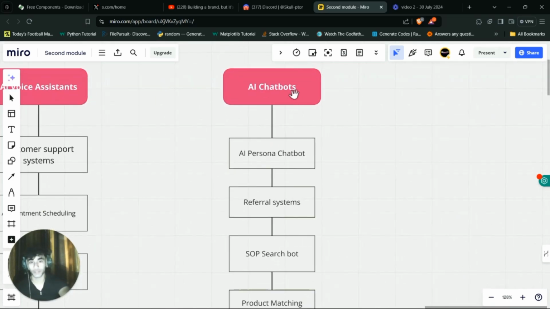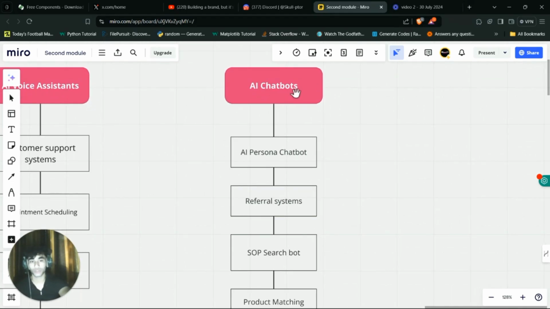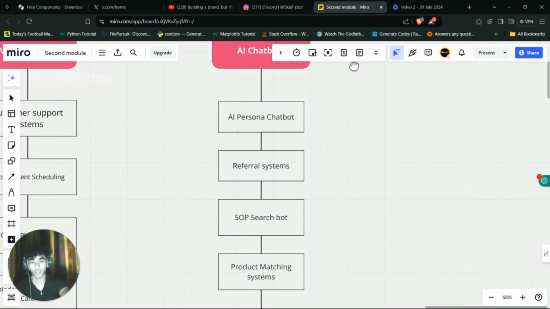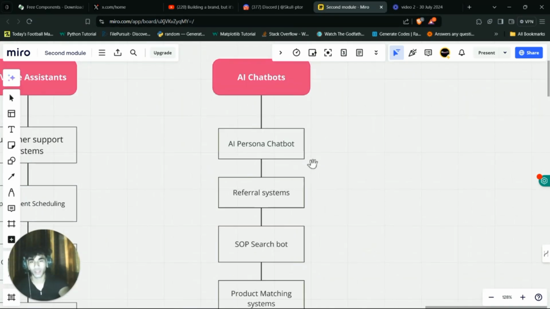Next, we go ahead on AI Chatbot. Now this is one of the simplest solutions you'd be selling in the name of AI, and there are a few you can do. First comes in AI Persona Chatbot. Now, I've already made one AI Persona Chatbot on my channel for Andrew Tate. You can go ahead and check that video out. Andrew Tate turned AI. It's one of the examples of AI Persona Chatbots.